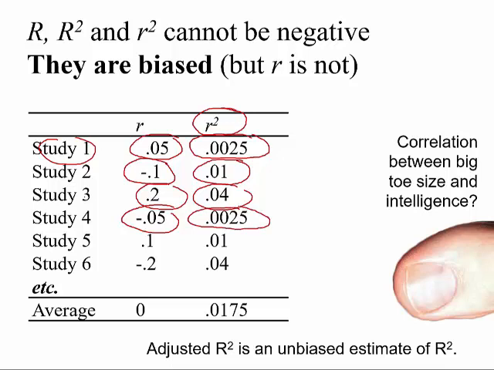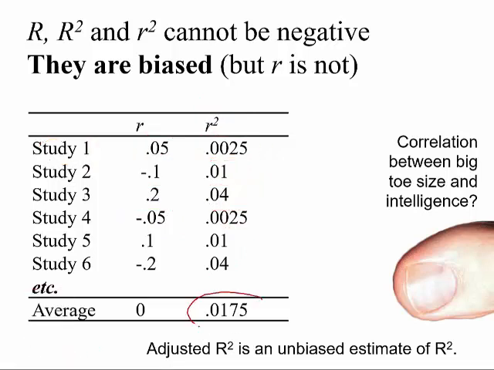So when I square my correlations, every effect is positive regardless of direction. They're all positive squared values. And so if I average all these positive squared values, my average is not going to be 0. And what I'm illustrating in my example here was supposed to be a situation where the null hypothesis was true, and this would show that even though the null hypothesis was true and the true population parameter was 0,